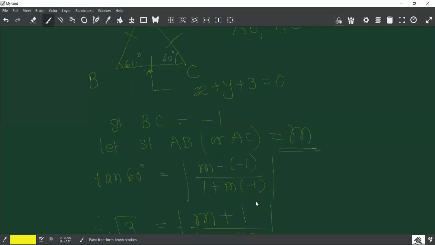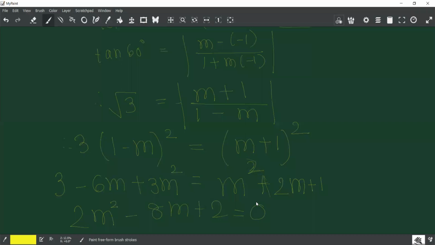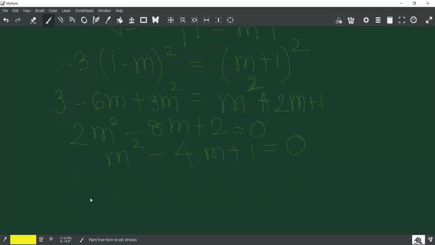So I use this formula m1 minus m2 wala. Last time we had taken plus or minus and we had rationalized. Now here we are dividing by 2. So we have m square minus 4m plus 1 is equal to 0. अभी ये factorizable तो है नहीं. So use the formula for quadratic equation. Your A is 1. Do you remember that? B is minus 4 and C is 1.